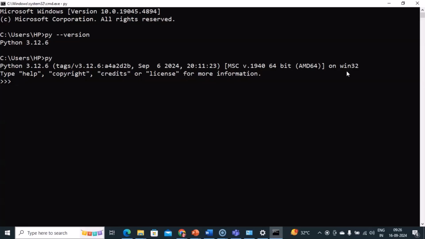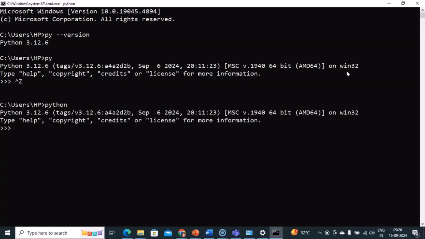You can use any command here to check whether Python is successfully installed and working fine. Either we can use py, or some people also write python like this. You can also write python3 if you are using Mac, and simply write any instruction here. For example, I write print hello world